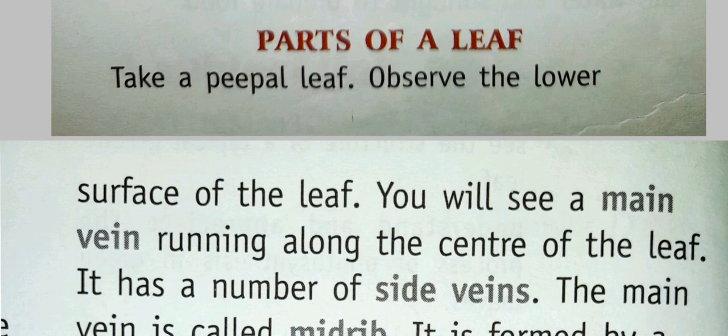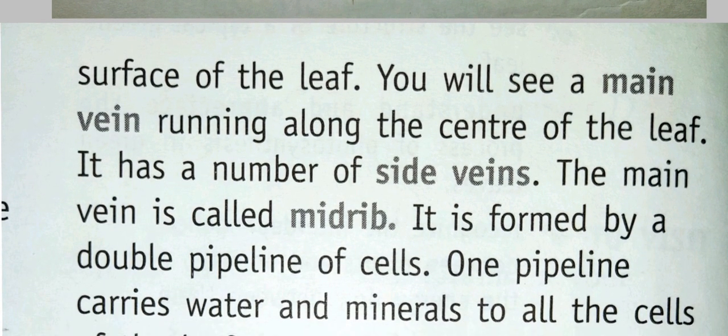See that here they had not labeled, but in figure 6.2 that main vein which is going in the center of the leaf is called the midrib. It has a number of side veins. Side veins are also there, and it is formed by the double pipelines of the cells. The main vein is called the midrib, as I told you, and that main vein contains the double pipeline of